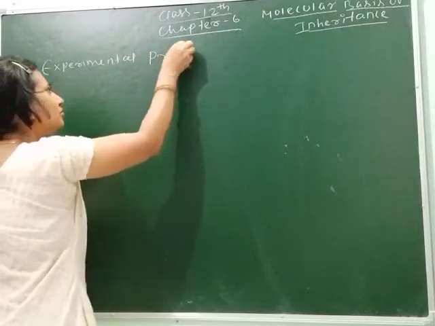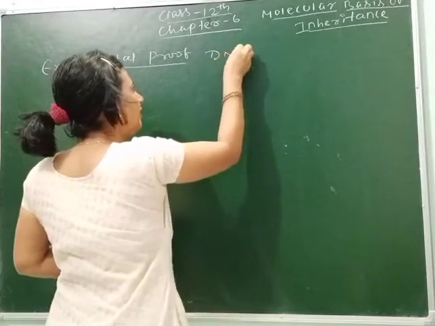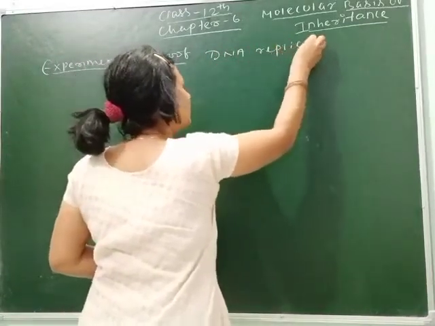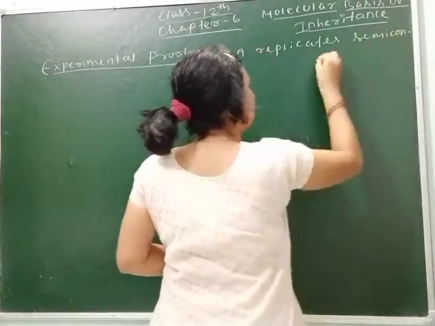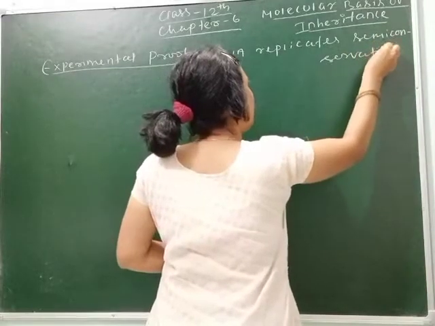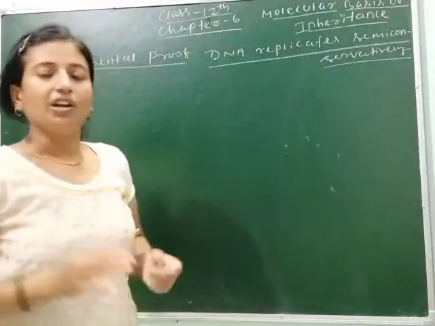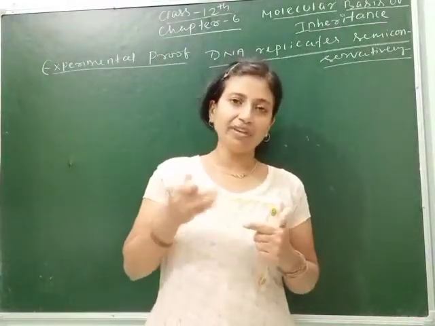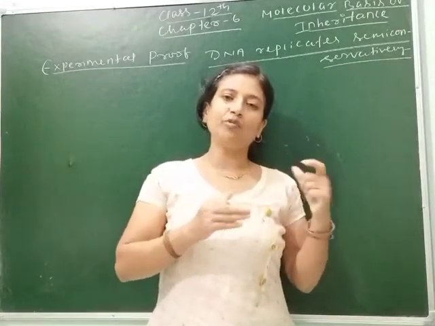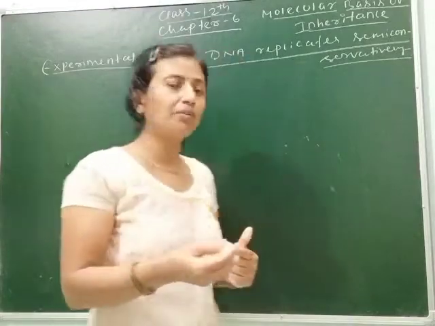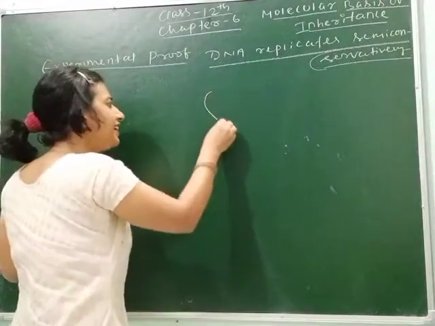Experimental proof: DNA replicates semi-conservatively. DNA replicates semi-conservatively means that when the parent forms the gamete, half the number of DNA goes into the gamete, and that DNA again forms its copy number. So DNA replicates semi-conservatively, means if this is a DNA,